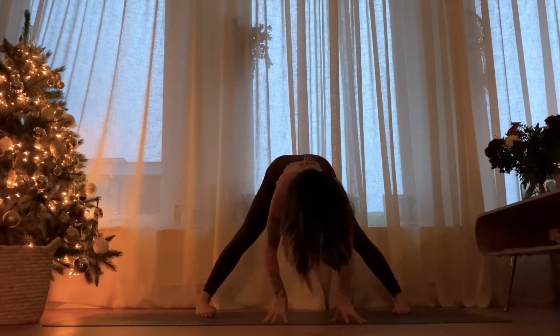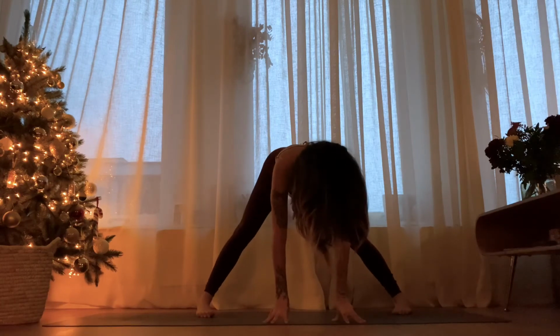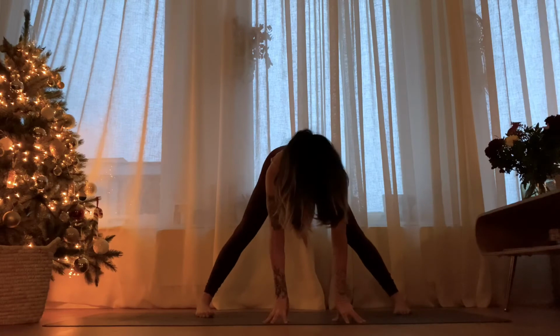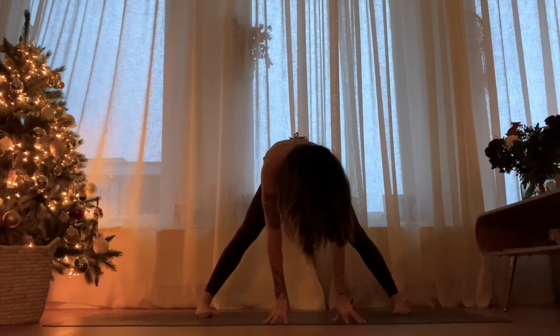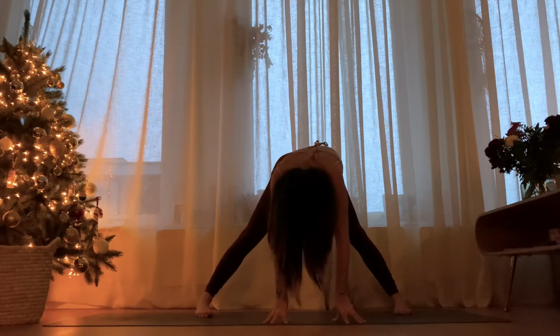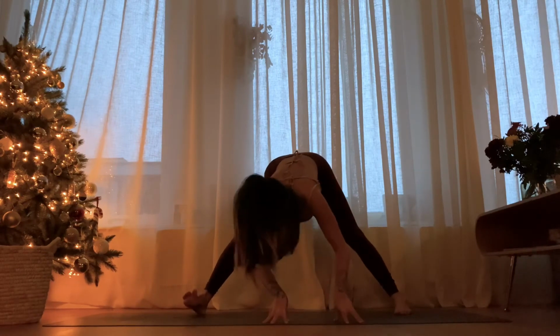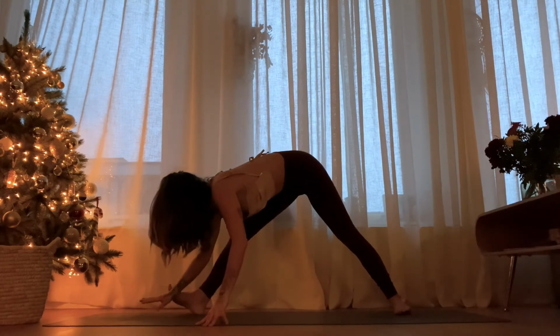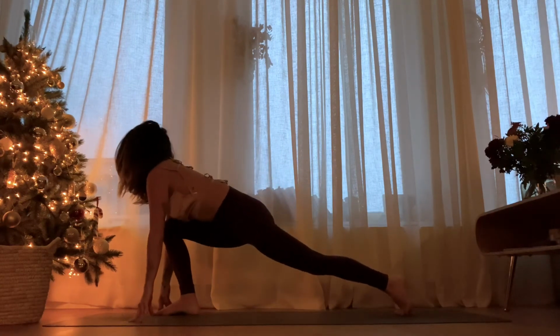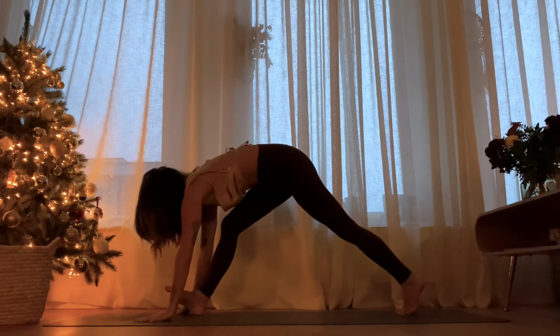Inhale, press your fingertips down, halfway lift. And exhale to draw circles with your hips, releasing all of the tension there, making a little dance or spinal rolls, whatever you prefer. And walk your hands back towards the front of the mat. Inhale, bend the front knee, plant the hands down,